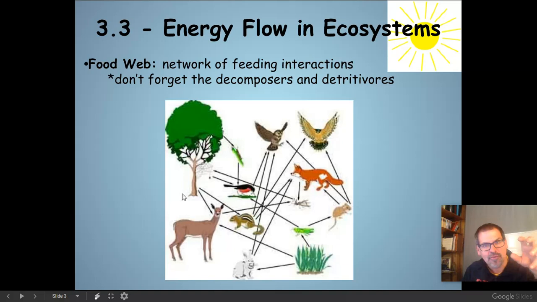And again, pay careful attention. Look at which way the arrows move. The arrows indicate the flow of the energy. And notice how all the arrows originally start from a producer. Arrows flow out of this producer. Arrows flow out of this producer. Yes, arrows flow also out of some of the predators, or some of the lower level prey, but that just means that this grasshopper is consumed by this bird, and this bird is then consumed by this owl. The arrows indicate the direction that the energy moves.